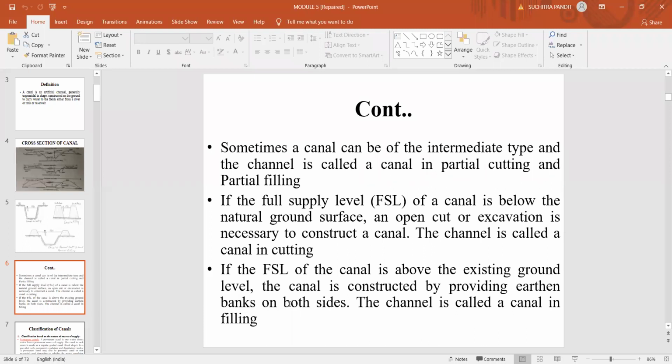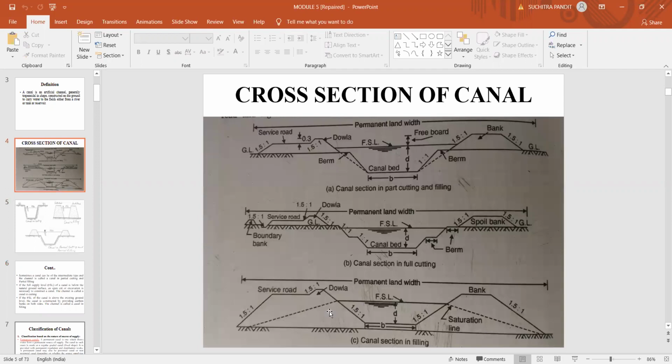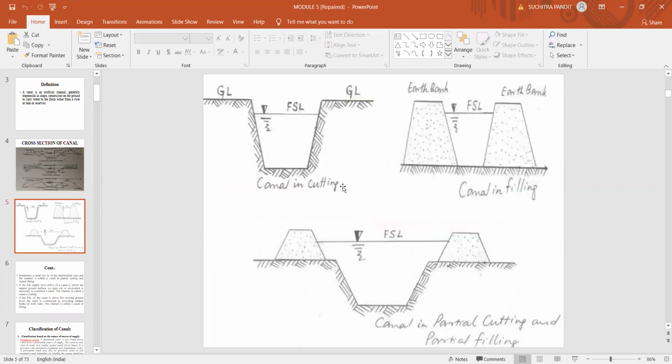Prevented by stone masonry in order to prevent the sliding or damage of the earthen dams. The canal is called a canal infilling. So these are the three figures which show the canal in cutting, where the full supply level is below the